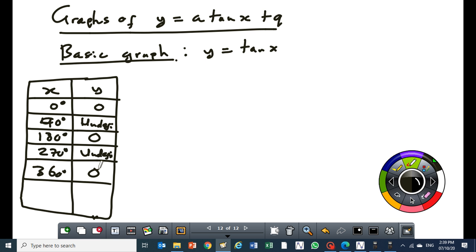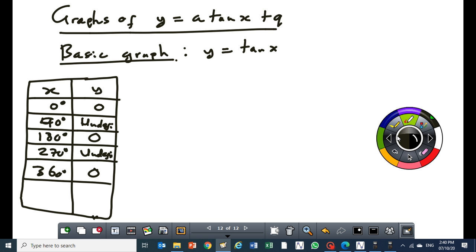Now, this is very important for you to know. You remember when you were sketching the graph of a hyperbola when you're doing the algebraic graphs, and you were drawing asymptotes. Now the graph of tan has got asymptotes. You get the asymptote where the y value is undefined. Where the y value is undefined, that's where you get your asymptote. So if I am to sketch it,